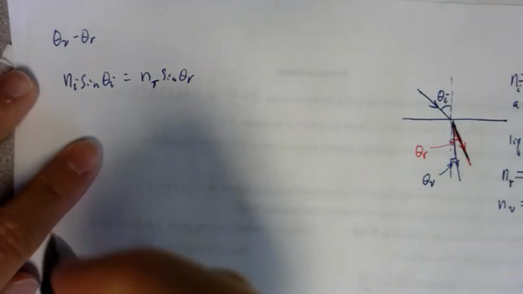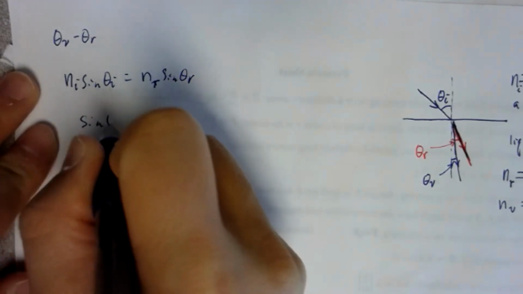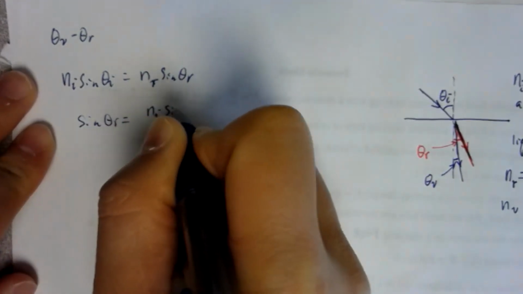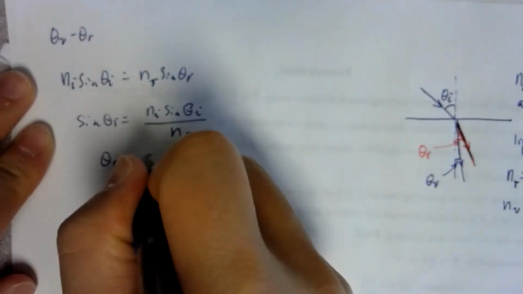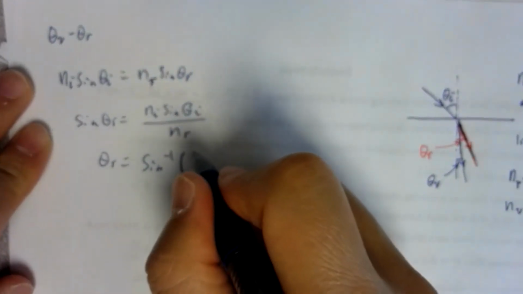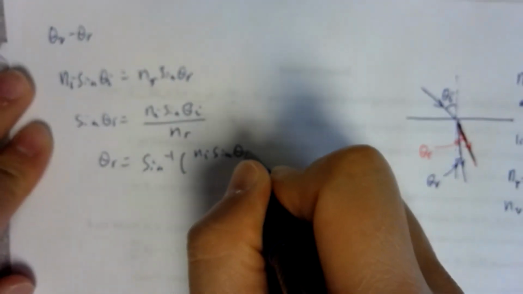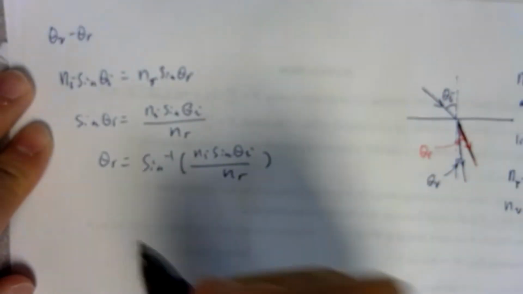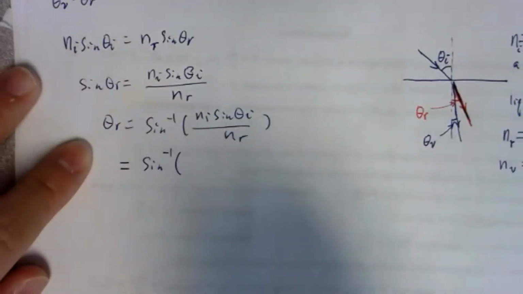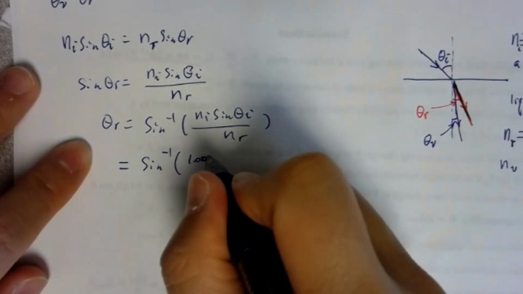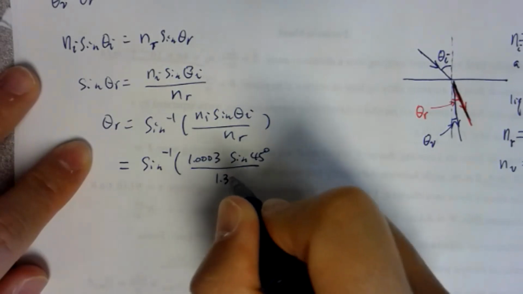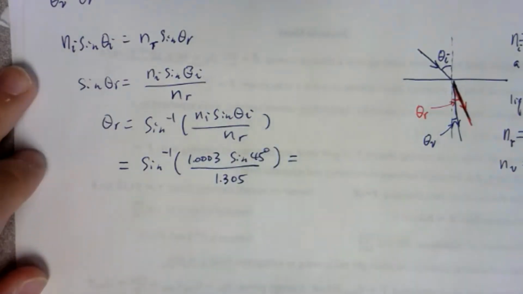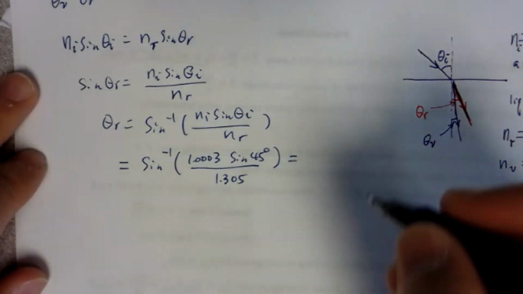So sine of theta R equals ni sine of theta I over nr. There will be sine inverse of ni sine of theta I over nr. You plug in the numbers: sine inverse of 1.003 sine of 45 degrees divided by 1.305. You get your angle as 32 degrees-ish,